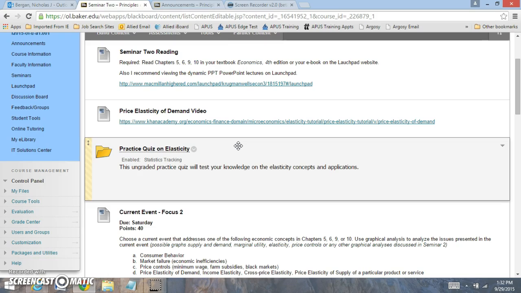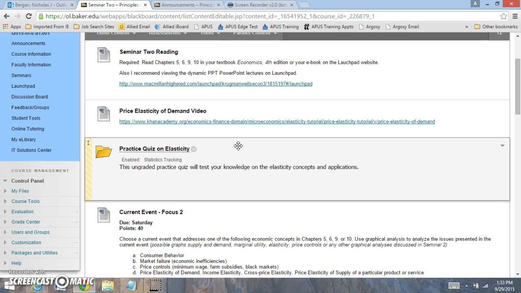You'll notice that the elasticity concept is a very important concept to evaluate. Elasticity is looking at how consumers respond to changes in the prices of goods. Goods can either be inelastic or elastic, depending upon the changes that are developed in terms of how we view a good. For example,